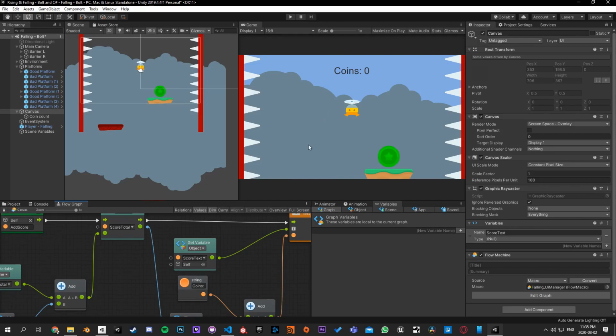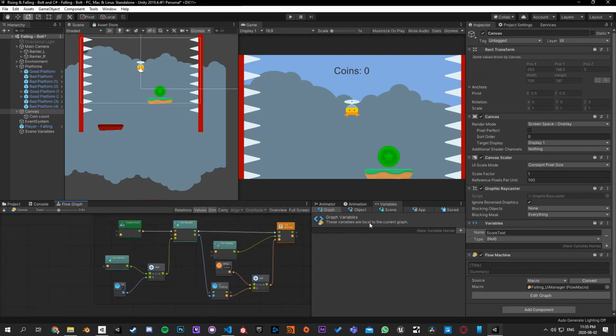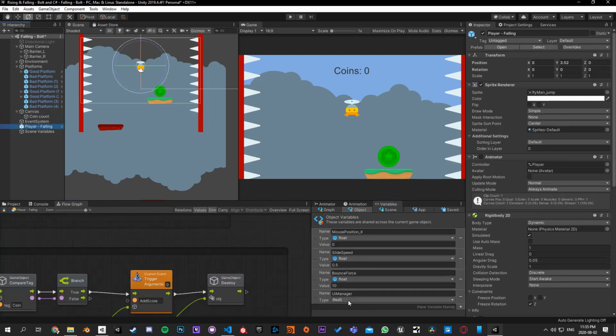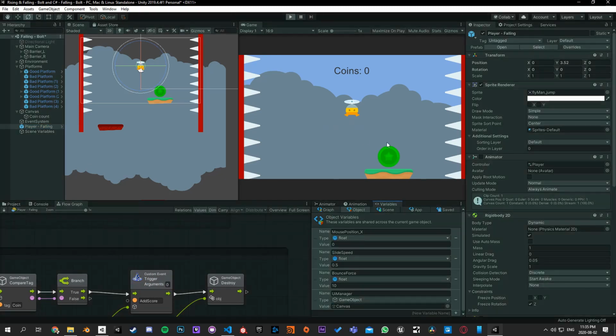Then we can go ahead and test that and see if that works, but I think before we do that, we need to assign this variable. So let's just make it a text again and drag in our coin count, and just make sure that on our player we did assign this. Okay, so now in our UI manager, just need to remember to assign that as well. Let's go to GameObject and then assign our canvas as our UI manager. And now if I hit play,